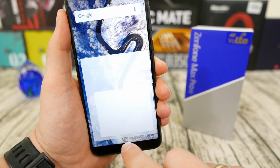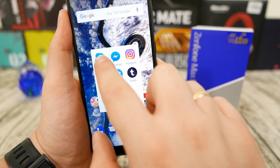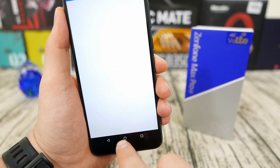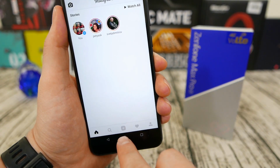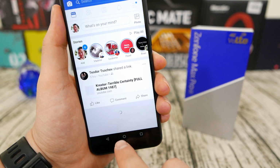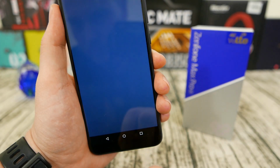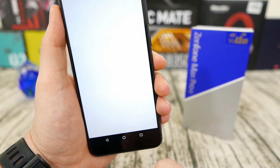However, with the ASUS Zenfone Max Pro, the move to stock Android has really paid off here, guys. Even with just 3GB of RAM, the Zenfone Max Pro runs like a flagship phone. There's hardly any slowdown, apps open instantaneously, and as I said, even with such low amounts of RAM by today's standard, because you can definitely buy a lot of 6GB RAM phones for around $300 these days, the Zenfone Max Pro does RAM management better than a lot of 4GB RAM phones I've seen on the market,